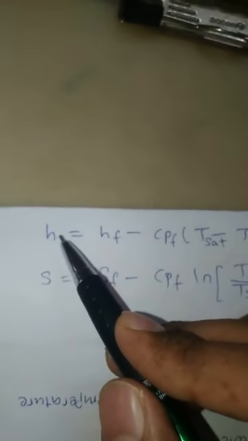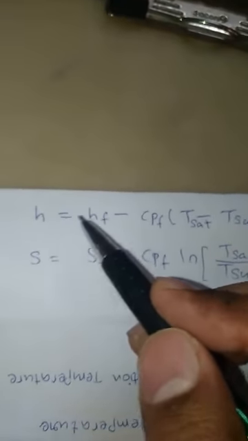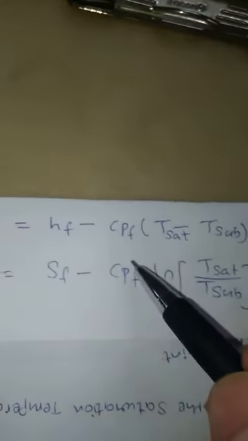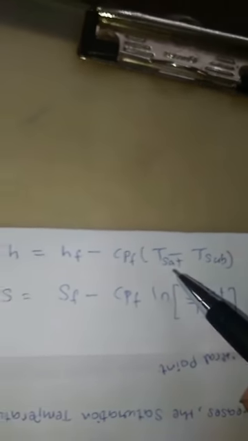Now up till now we saw finding the enthalpy of superheated and wet steam. Now what if we have to find it for the subcooled region? This isn't asked in the examination, but just for the sake of knowledge and understanding. h is the point in the subcooled region, that is beyond the hf line. So it is hf minus Cpf into (T sat minus T subcooled),